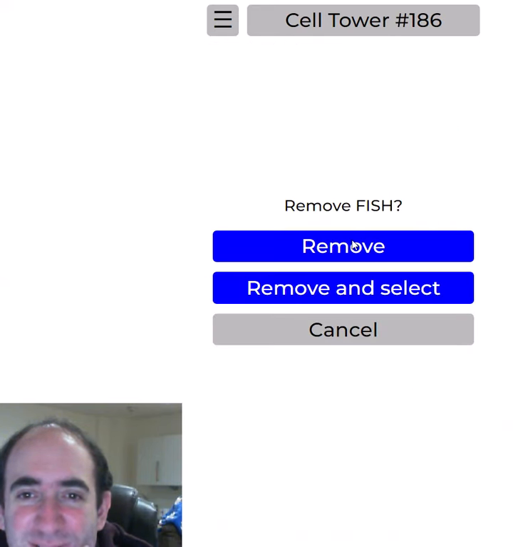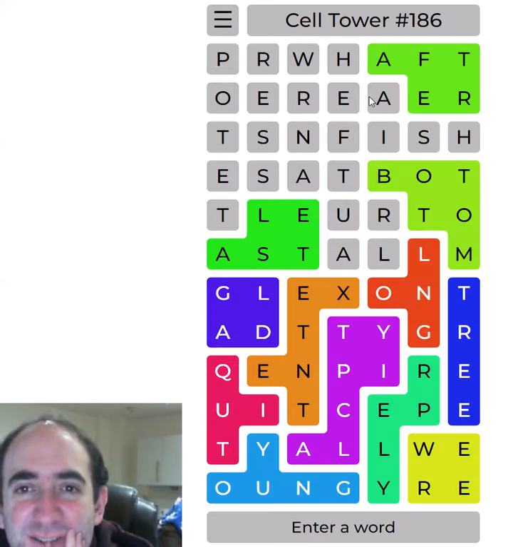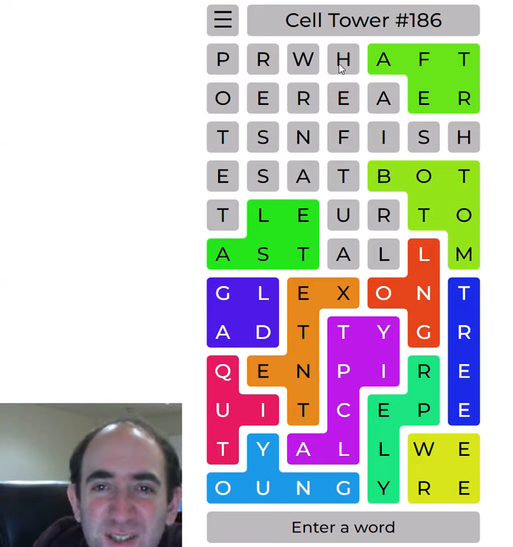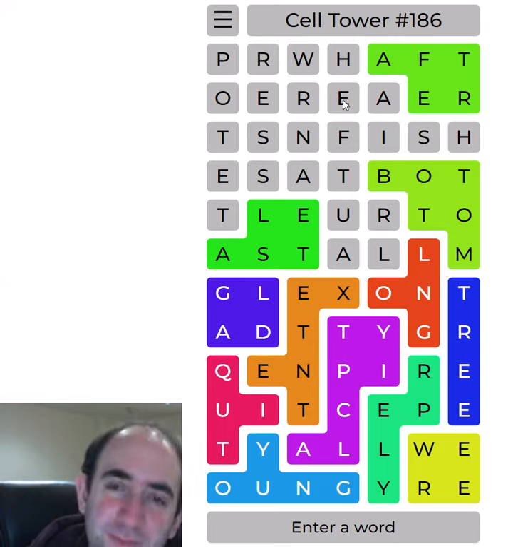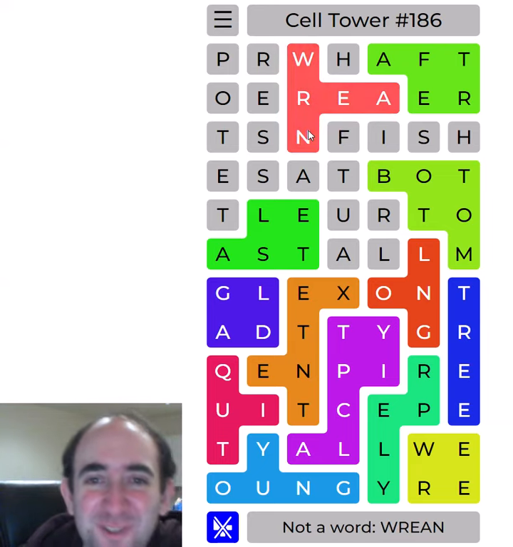Remove that. Remove that. Let's remove that. This is the first time I've had to remove words in any of these puzzles, and I still don't know what I'm going to do with this A. That's not even how you spell reef. That's sort of how you spell wreak, as in wreaking havoc, but